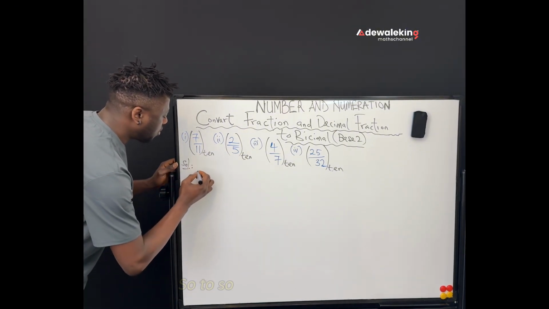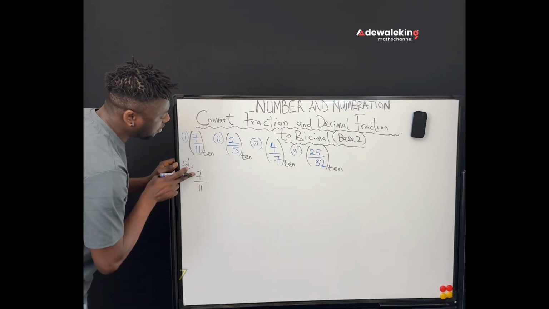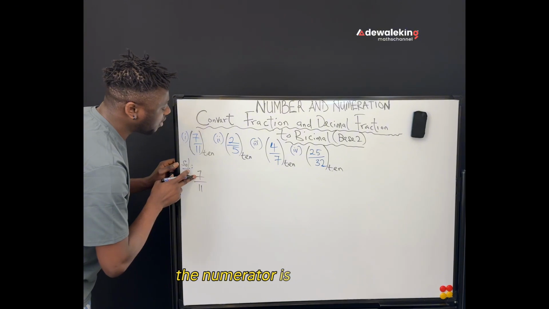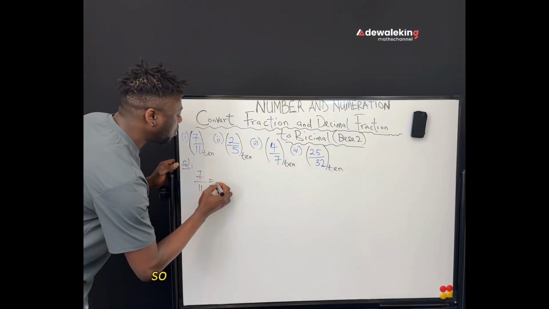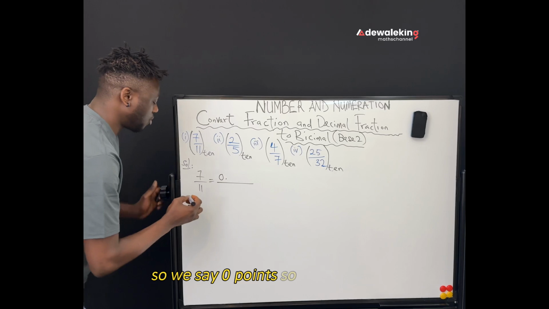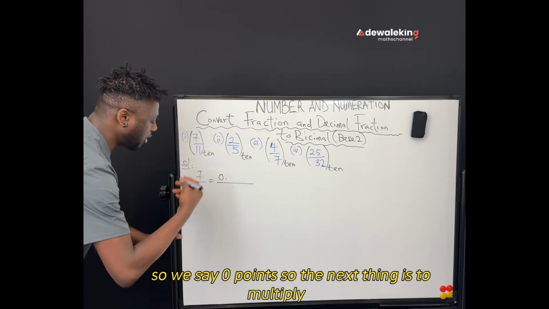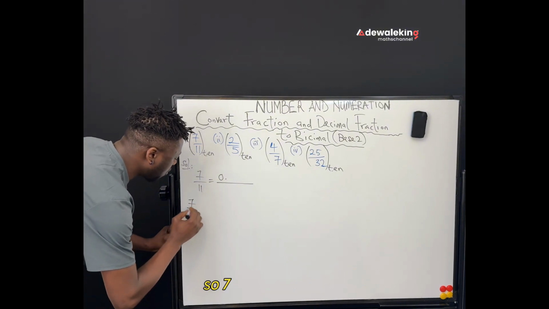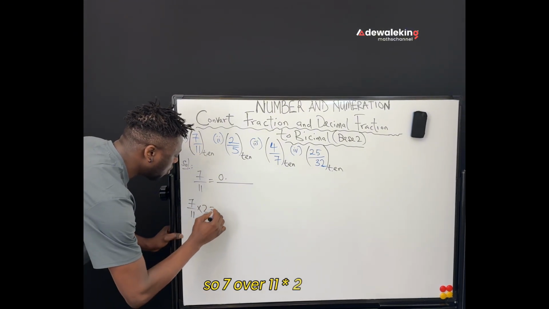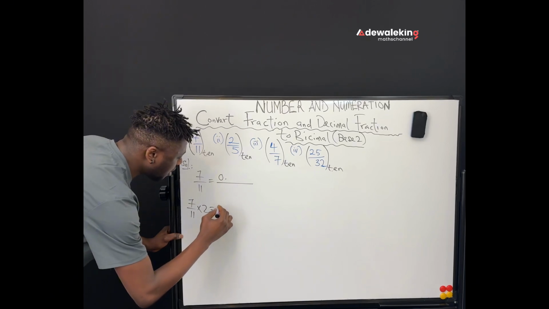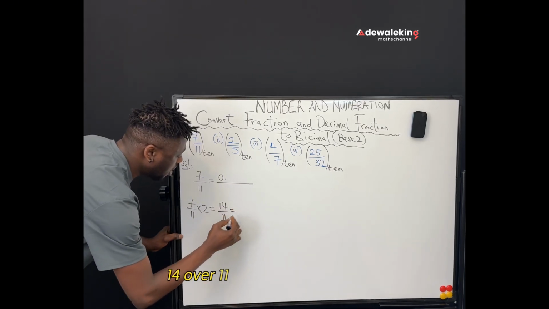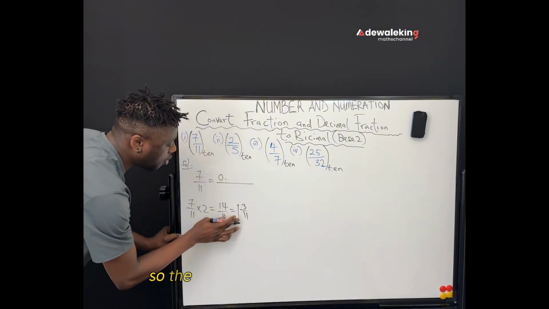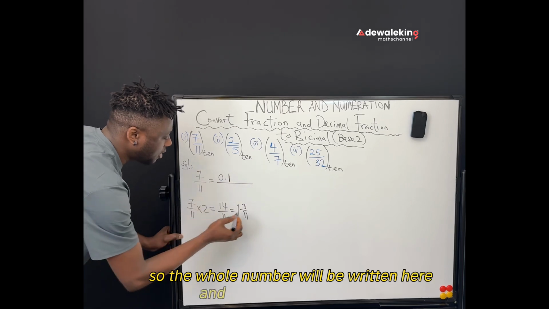Solution. To solve this question, 7 over 11, 7 is the numerator and 11 is the denominator. The numerator is smaller than the denominator, so we say 0 point. So the next thing is to multiply by 2 and keep on multiplying by 2, that is iteration. So 7 over 11 times 2 will give us 14 over 11, and that will be one whole number 3 over 11. So the whole number will be written here, and you take the fraction